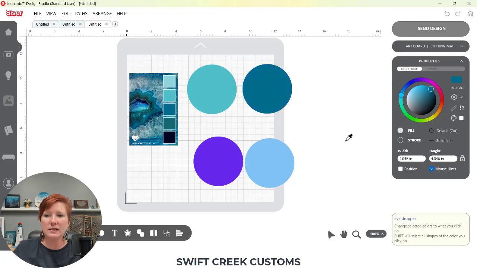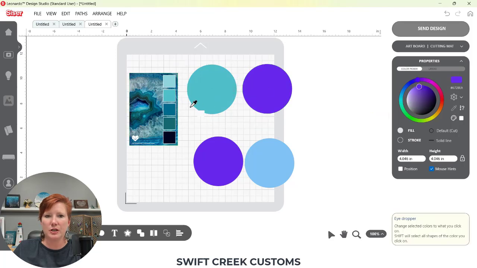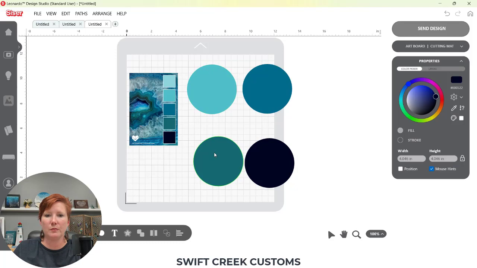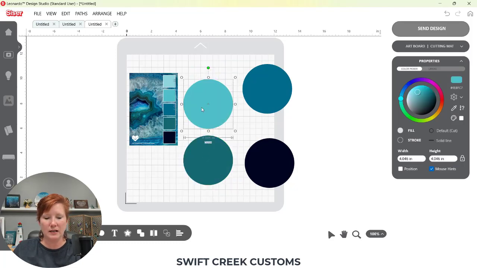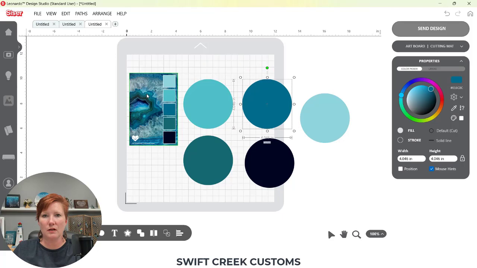So I can easily choose the colors that I want. I didn't change my selection, so that's why. Let's do this back again. Okay, the redo undo is doing goofy things on me because I'm on video. So select that color, change that one, select my next object, change that color, and continue on. And then I will have all of my colors, not all of them because there's not 5, but I can easily make that. And there you have all 5 of those colors from that custom color palette,